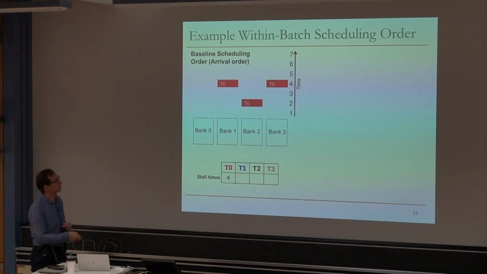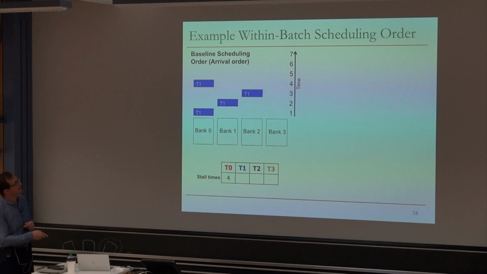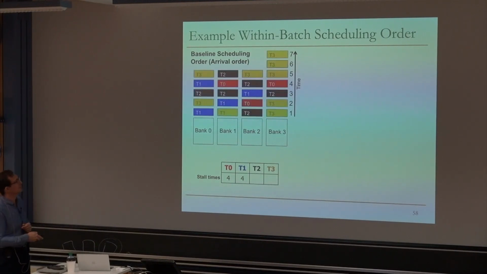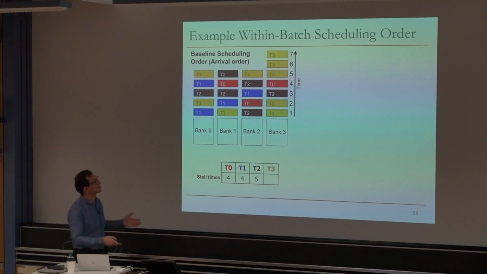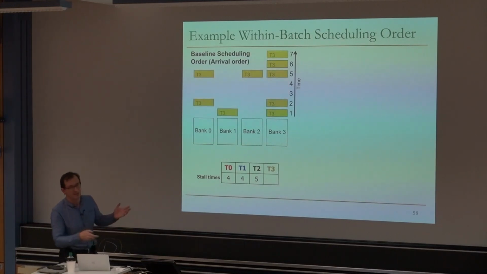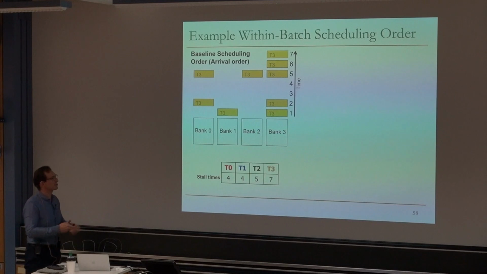So its stall time is 4. For thread 1, the last request is serviced also after 4 time units, so its stall time is 4. For thread 2, the last request is serviced after 5 time units, so its stall time is 5. And for thread 3, the last request is serviced after 7 time units, so its stall time is 7. And if you average these stall times, which gives you an indicator of overall